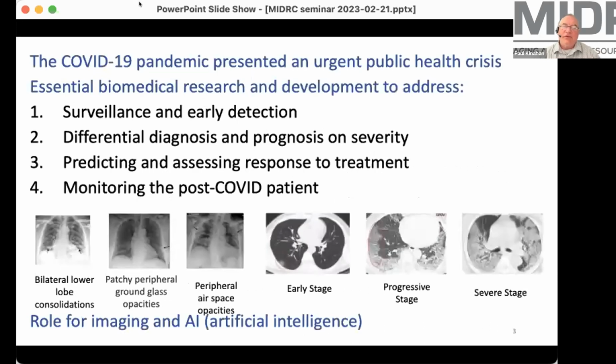So the next few slides will probably be well known to everybody, but for those of you that have seen these before, forgive me, but just in case somebody hadn't seen these before, I want to give at least the brief context here. So I have about 4 slides of this. The first one is just, of course, the pandemic, and we were all scrambling to figure out what we could be doing here to help out.